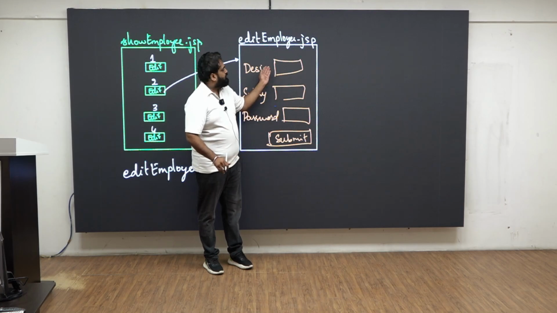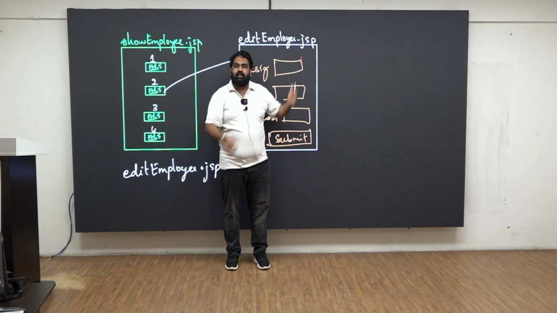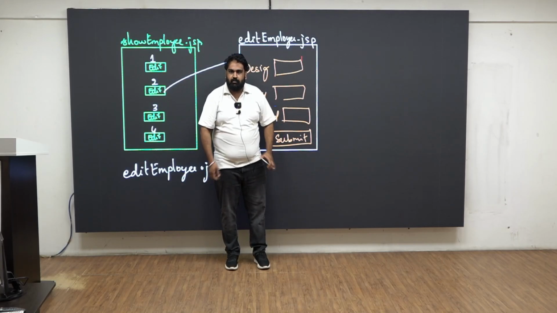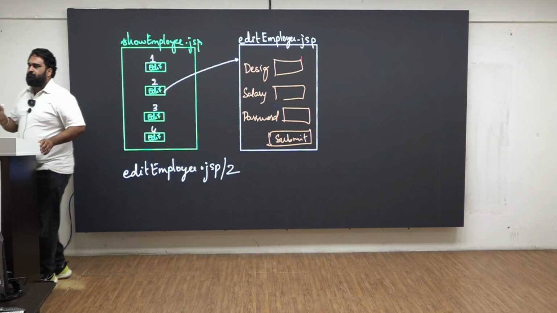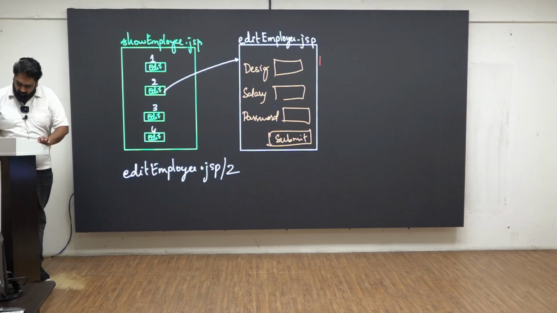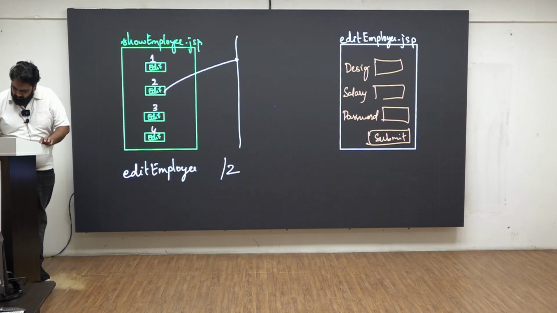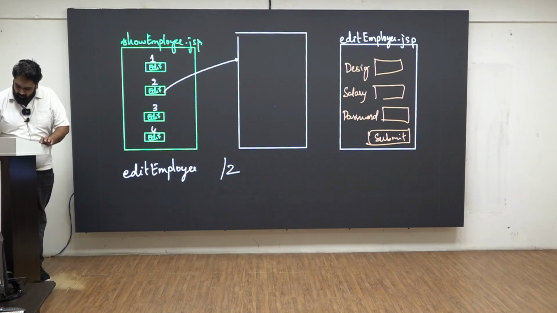It would be better if I show the previous data. Based on this ID, if I can fetch the data and display, it will be better. So tell me, can your JSP go and talk to the database? JSP should not go and talk to the database, sir. So I will say, boss, don't call employee.jsp, rather call one servlet. What should this servlet do now? So I will call it fetch on